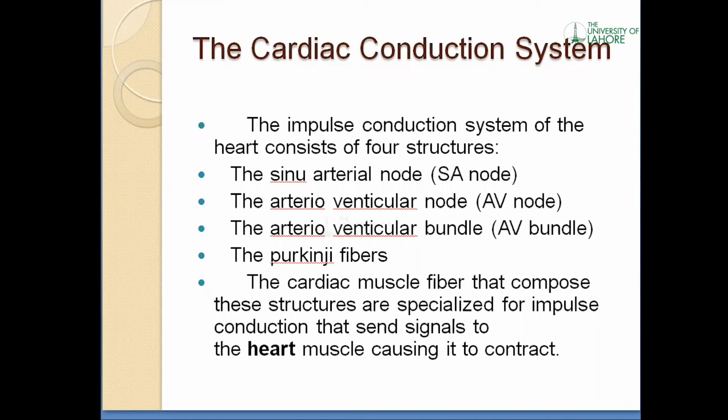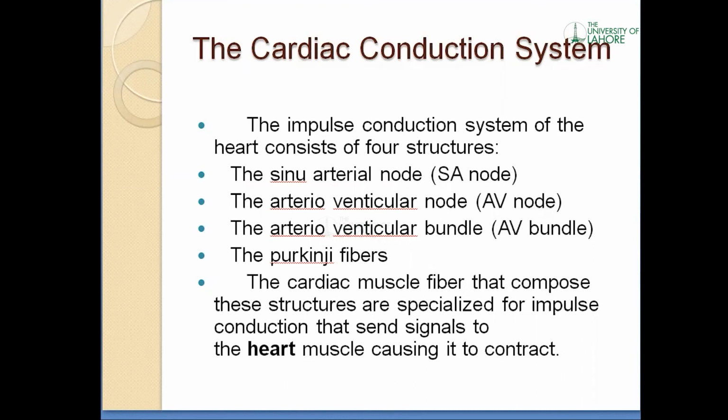What does the AV node do? The AV node controls the passage of the heart's electrical signals from the atria to the ventricles. After an electrical impulse is generated by the sinus node located at the top of the right atrium, it spreads across the atria, causing these chambers of the heart to contract. The SA node is also called the pacemaker of the heart.